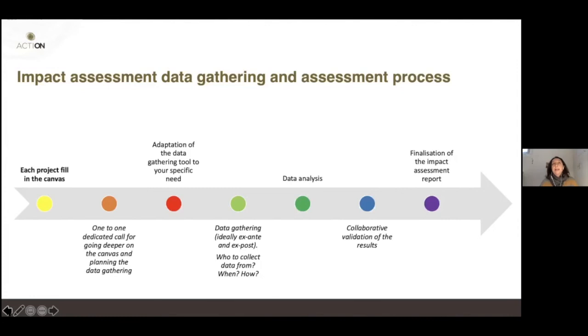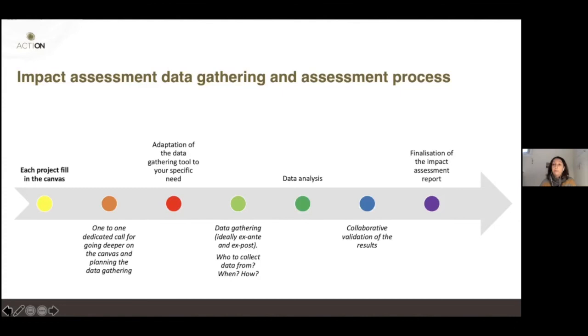Why so? Each pilot is different. So there are pilots which engage citizens in a way that makes it possible for them to answer, for example, questionnaires. And that would be very nice. So we can measure the impact, not only the perceived impact that you can see as citizen science managers, but we can also see the point of view of the volunteers. That would be very nice and is ideal.